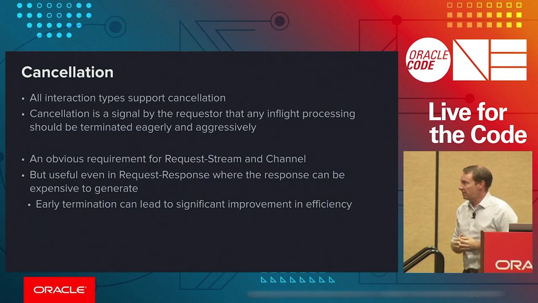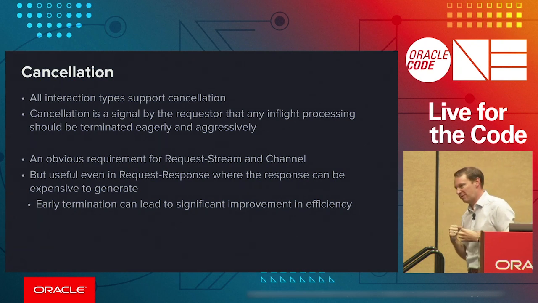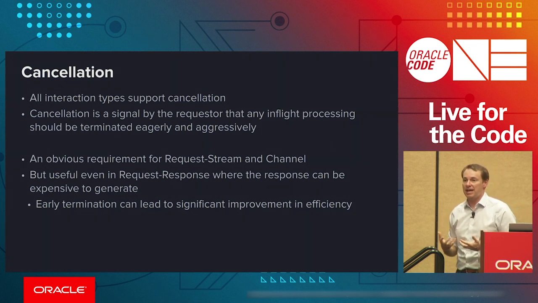Next feature is this idea of cancellation. And a lot of people don't really strike on why cancellation is important initially, but eventually come to love it. This idea that any interaction I do, when I do a request and I'm waiting for a response, I do a request and I'm waiting for a stream of responses, I do a channel request so that we just have a live thing open. At any given point, either end of it can send a cancellation frame and basically say, I'm done. Whatever you were doing over on the other side, you can go ahead and abort that. And this ends up being really, really powerful.